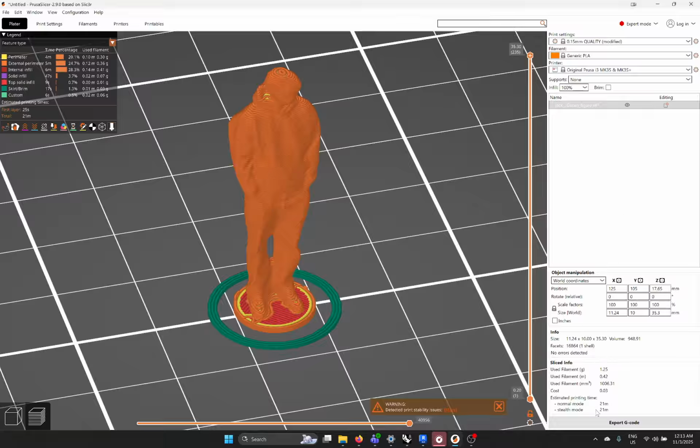And then we can also see how much time it'll take here. It says 21 minutes, and how much material we're going to use up, how much this will cost us. And then you also get a really good look here at the size of the figure in millimeters. Right here, the size, like we had measured in Rhino, and you can also set the scale here. So I guess you could technically export an object at a larger scale and then give it a percentage of 1/50. But I'd recommend that you scale it in Rhino before you bring it into here,